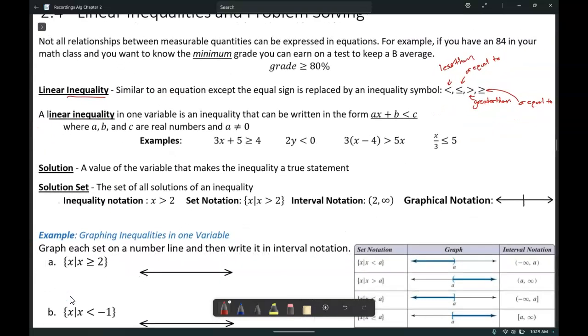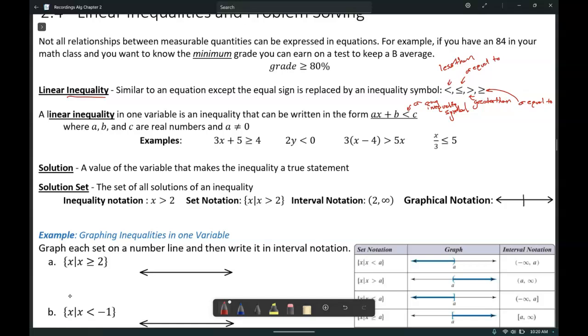So a linear inequality in one variable is an inequality that can be written in the form ax plus b is less than or equal to c. And again, we could use any inequality symbol. You'll notice it's very similar to our linear equations, which is ax plus b equals c. They function very, very similarly, but instead of being equality, we're looking at a range of values that satisfy that